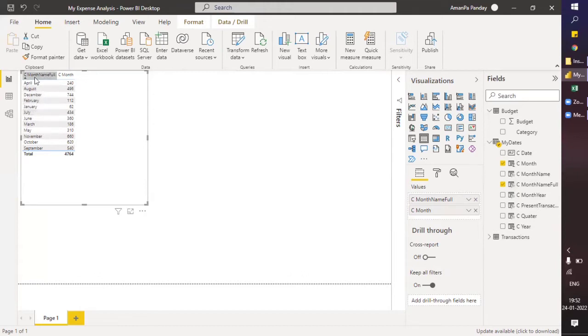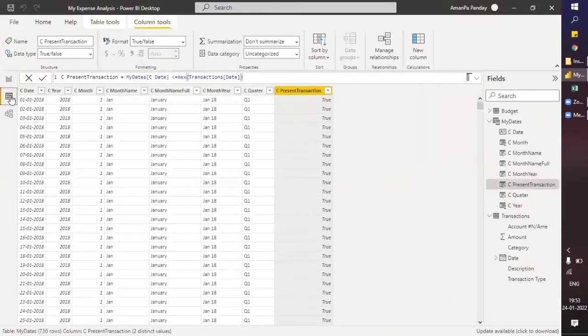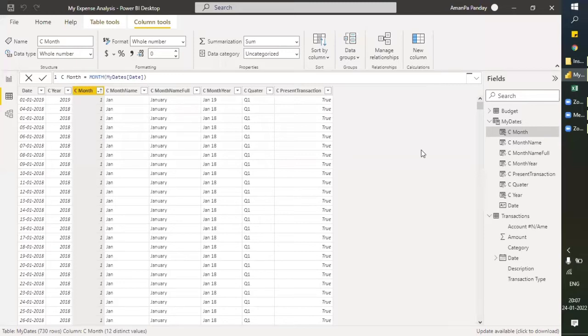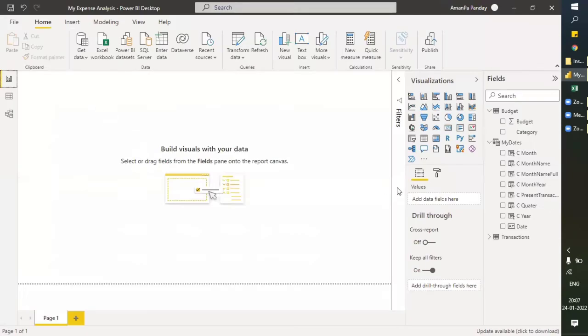So to fix this, and this is a very important concept, we should go to the data tab. So we were sorting the data here. I've just removed the table. Let me just reapply.